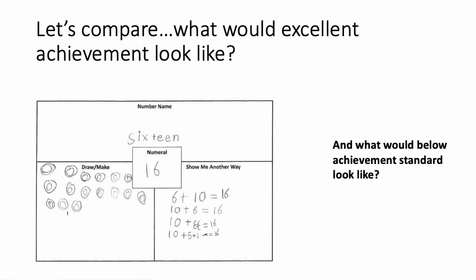So then you need to think about what a standard that is below standard would look like. So in our moderation, they will have different samples for us. They've done samples in English and maths, and as you start to go through, you'll be able to see work samples in nearly every learning area. And I find some of them have an A, B, C, D, and some of them might just have an A and a C level. But for every learning area, every year level, there is a range of work samples for us to be able to look at.